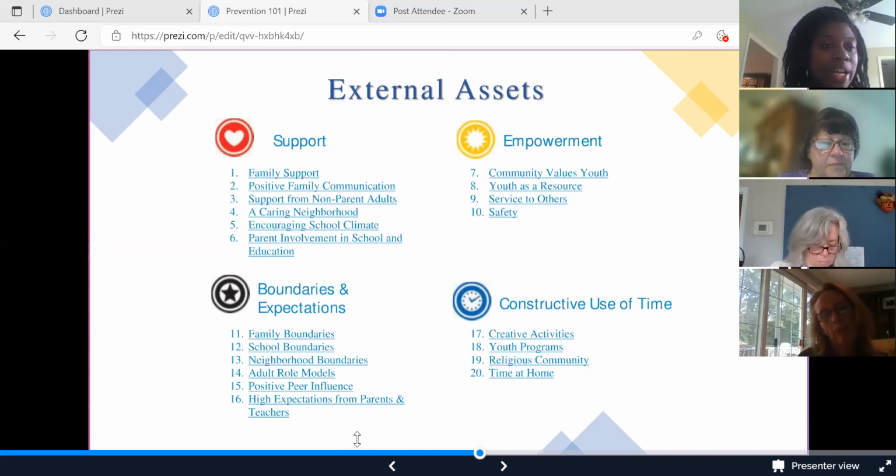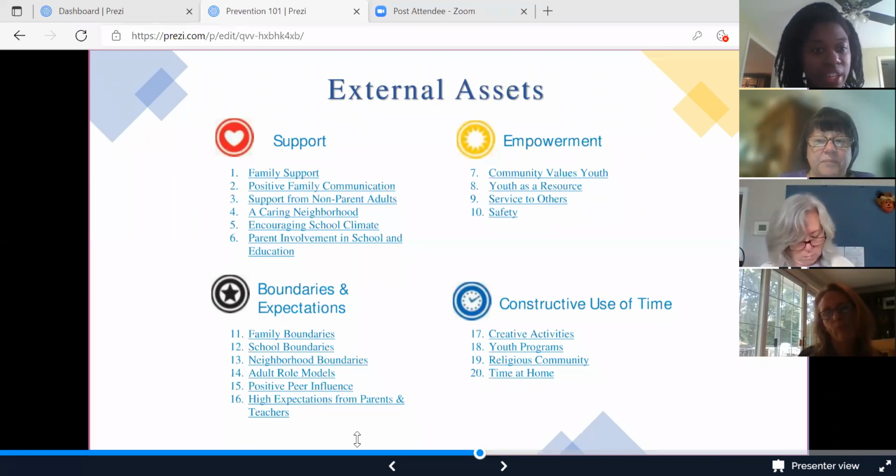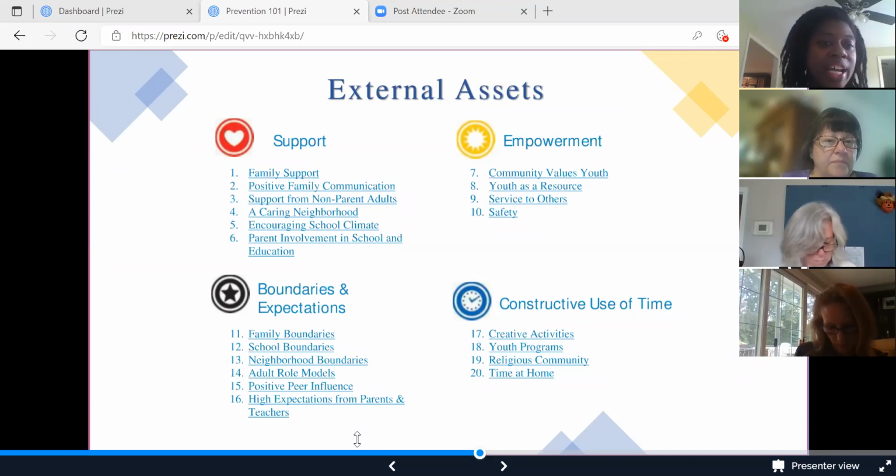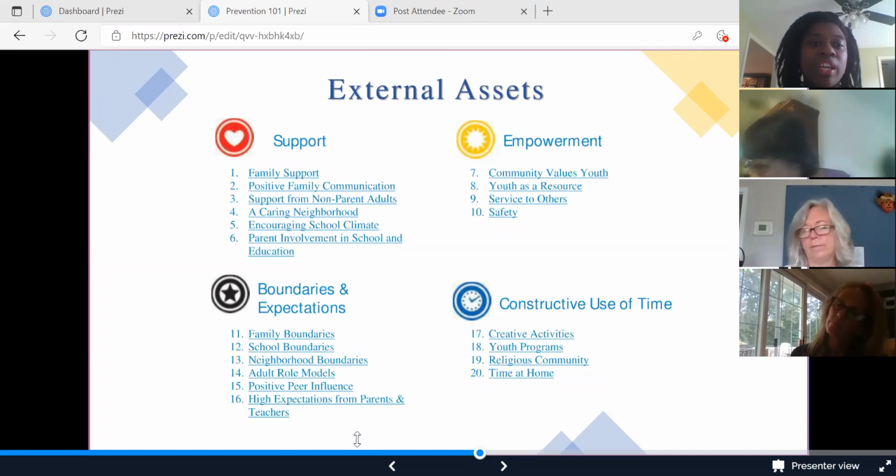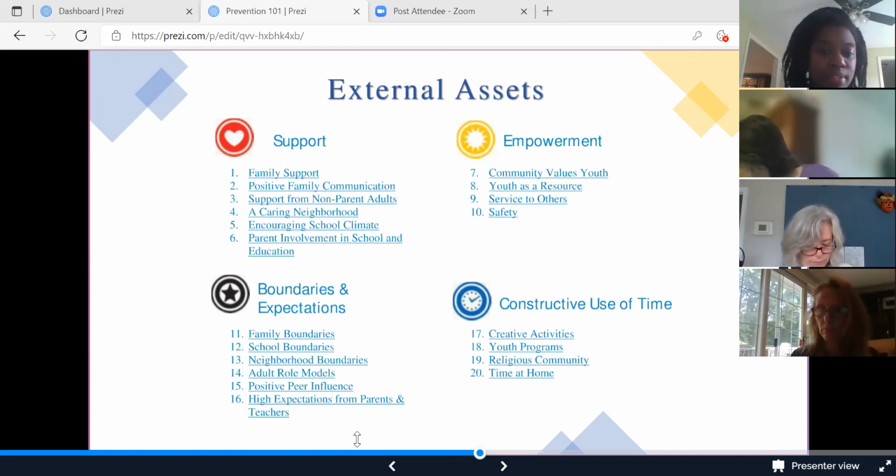to others, boundaries, being able to understand their own personal boundaries, as well as what will affect them, such as peer influence, is whether they are affected by positive or negative peer influence, and a constructive use of time, using recreational time in a positive way by having creative activities or being creative within their home or having after-school athletic programs.